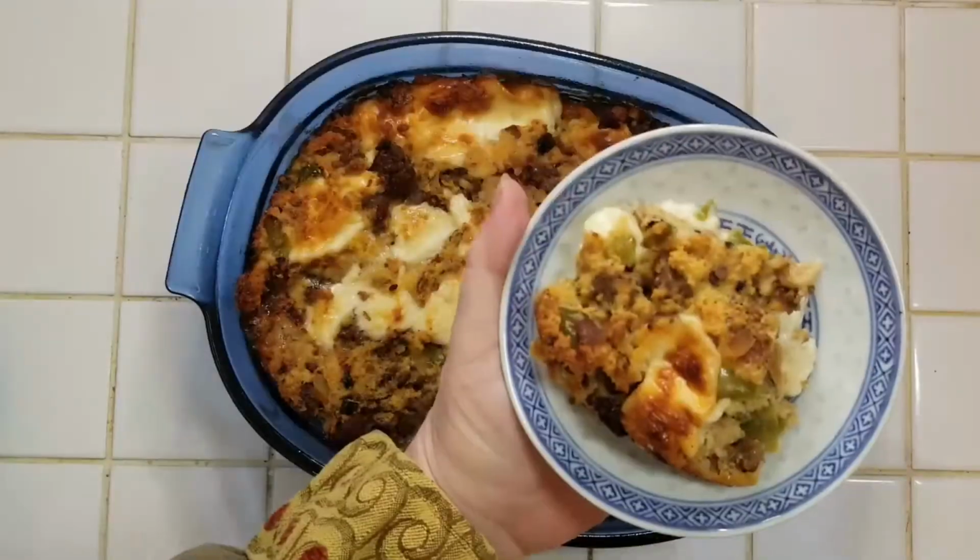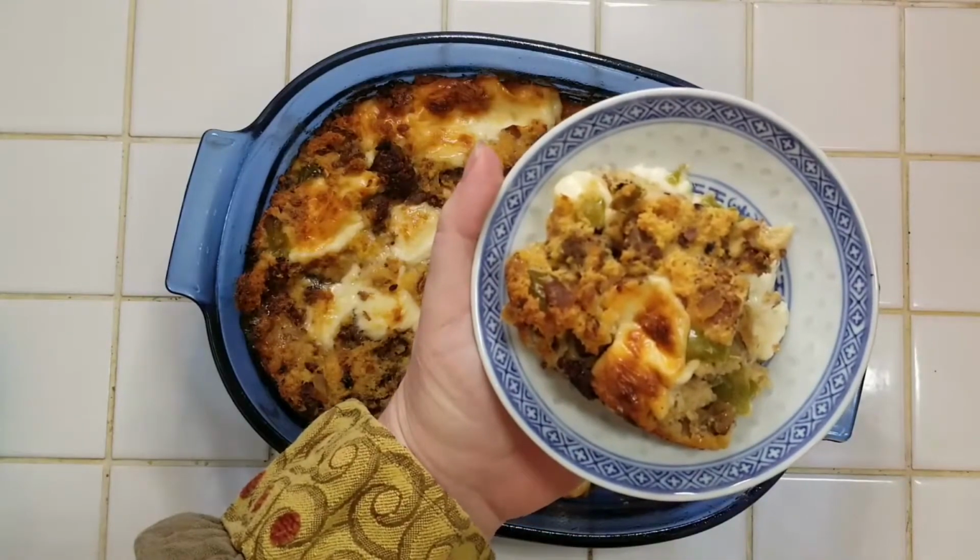Oh, yeah, buddy. This smells great. So let's give it a shot. Oh, wow. Nice chunks there. Sausage and pepper and, ooh, there's a bit of cheese. Yes, this is spectacular. That you can spice it up just a little bit to make something really extraordinary